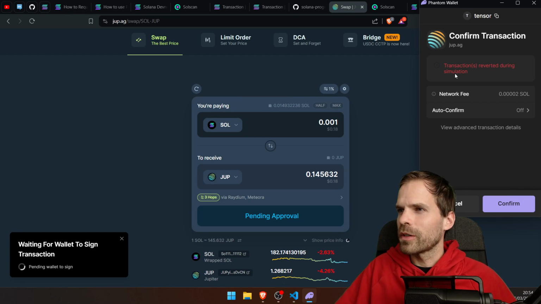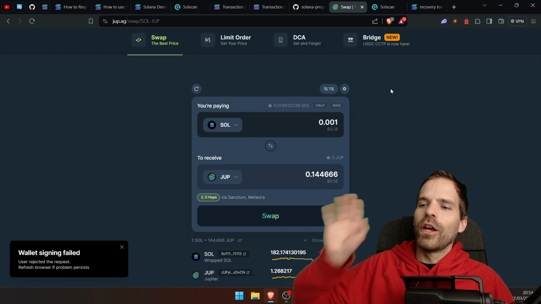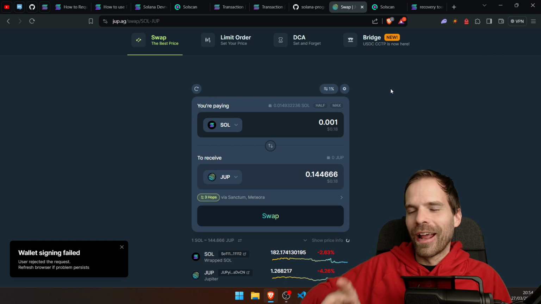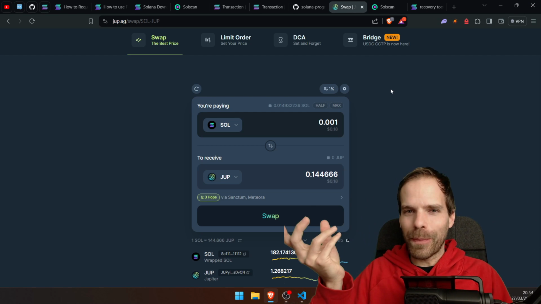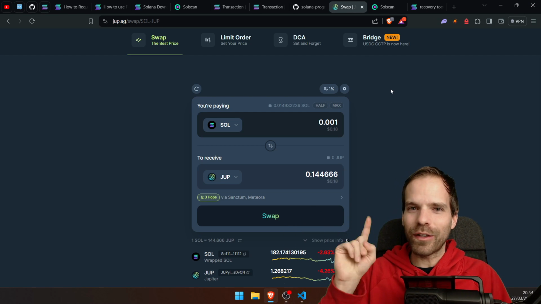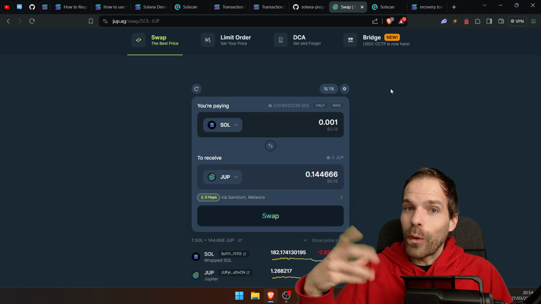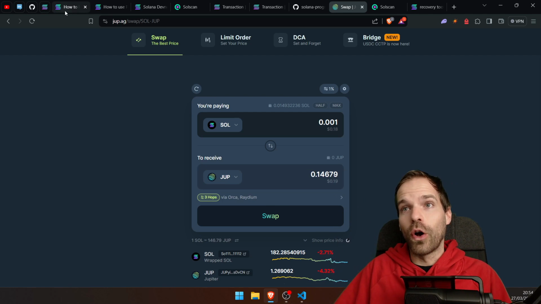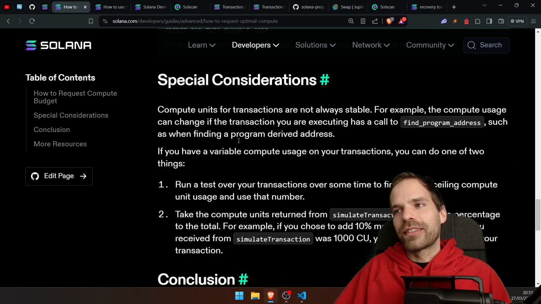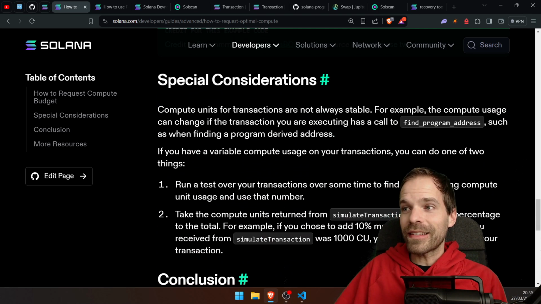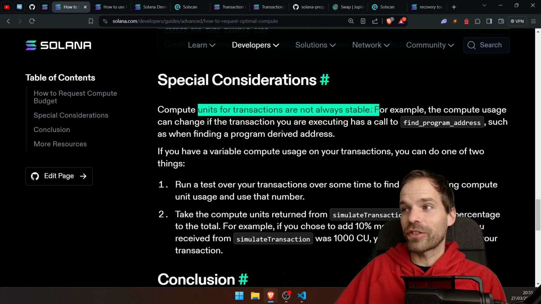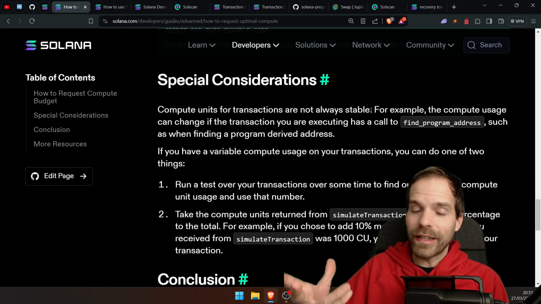Transaction reverted. I'm doing something wrong. Anyway, you'll just have to trust me that even within one application, if I do the same thing twice, it might require different compute. So, back to here. This discusses that. It says that compute units for transactions are not always stable. My example with